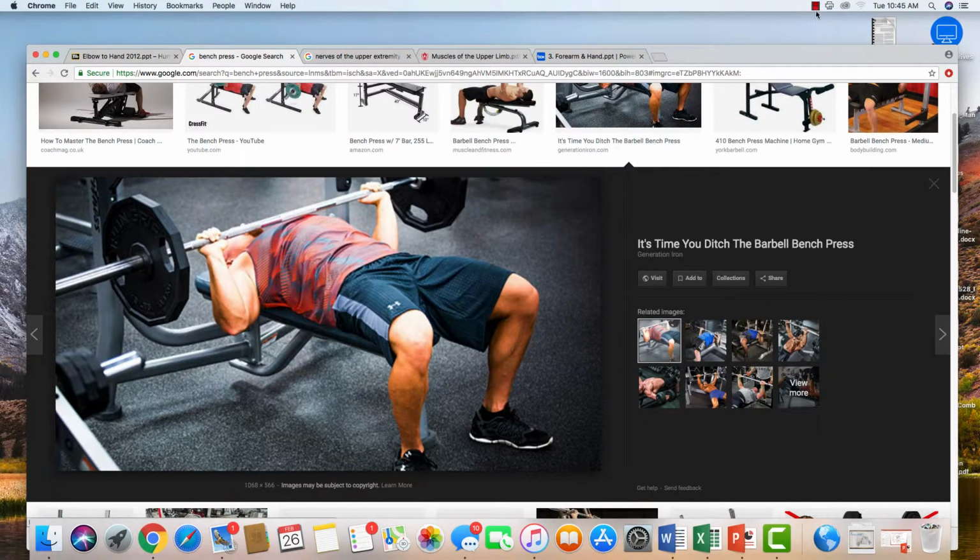Hopefully this helped you guys. Again, take a look at that PowerPoint on Blackboard that organizes the muscles if you think that's a good way for you to review those. And do watch that 7-minute video on the elbow. That's an important one. I'm not going to circle back to the elbow next week